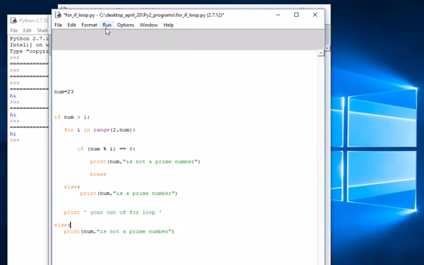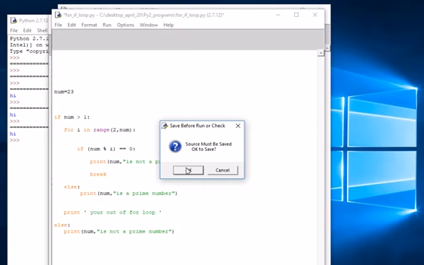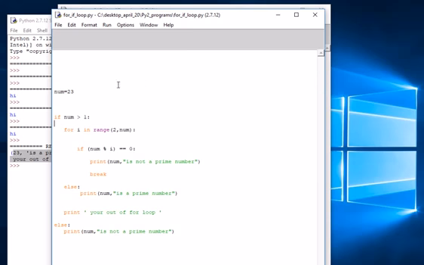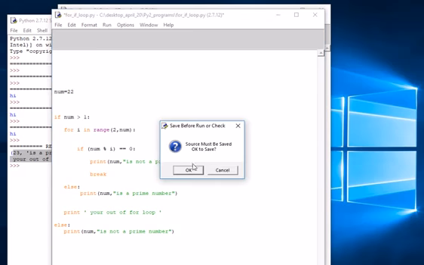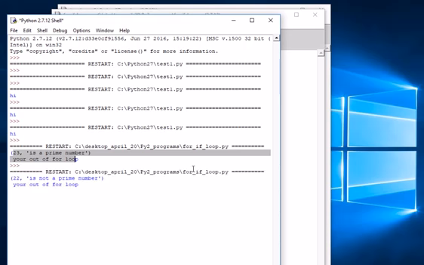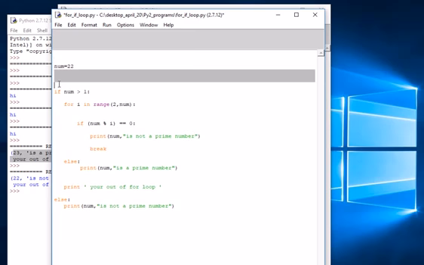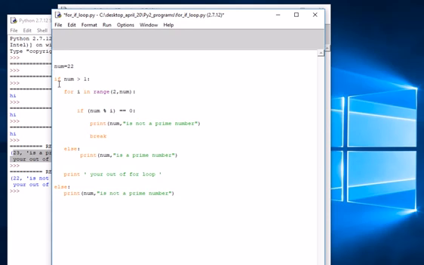So now if I run this, it is telling me 23 is a prime number. Similarly, I can find out other numbers. It should display 22 is not a prime number. So you can use this code to find out if a number is prime or not. If you have any doubts, you can put your query in the message box below and I will help you with the explanation.